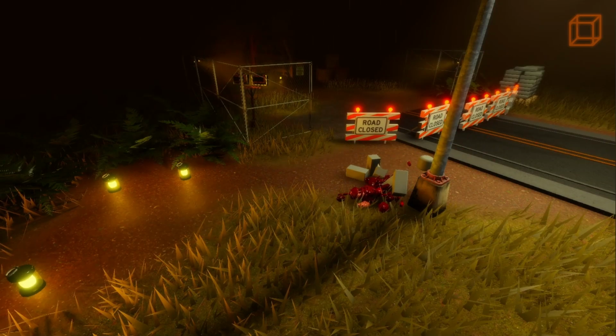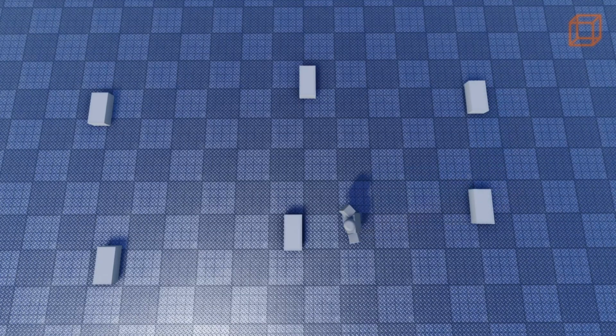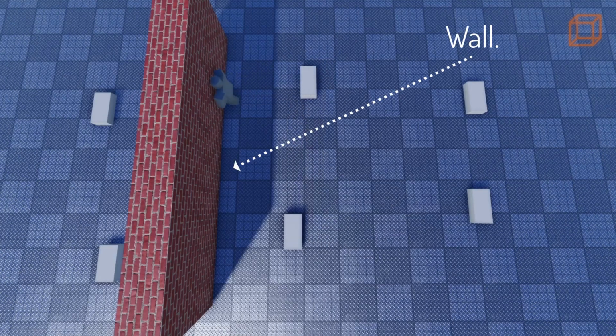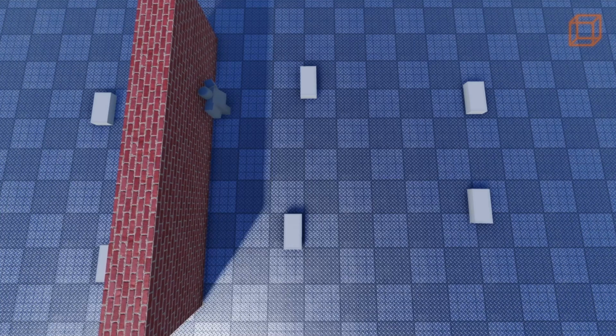Well, dummy is still pretty stupid, that's why I needed to program more. The first thing I did was place a few parts. And with these parts, I can make a script that will move dummy to the nearest part. But there's a problem. If there's a wall in between dummy and a part, he could walk into it and not be able to continue.